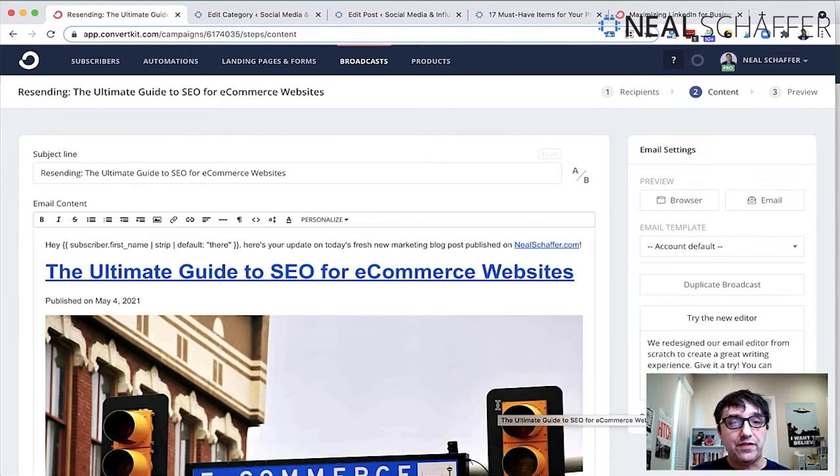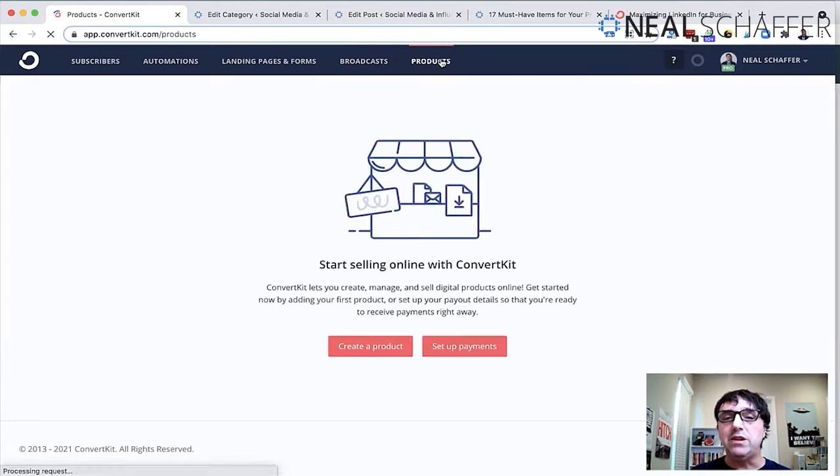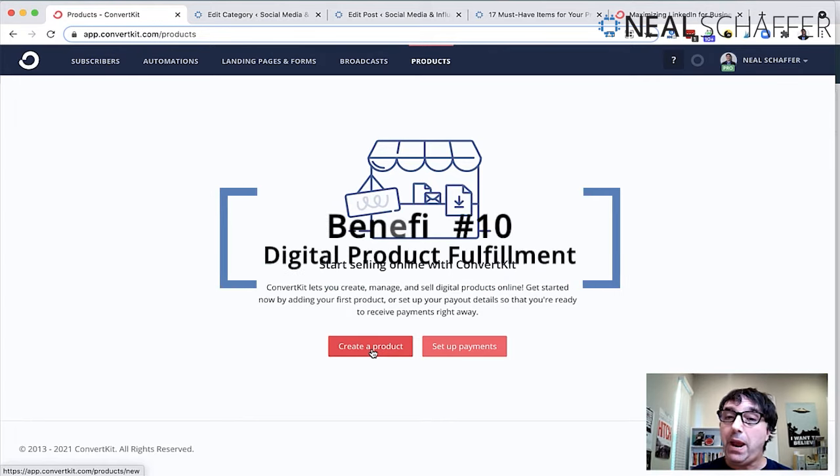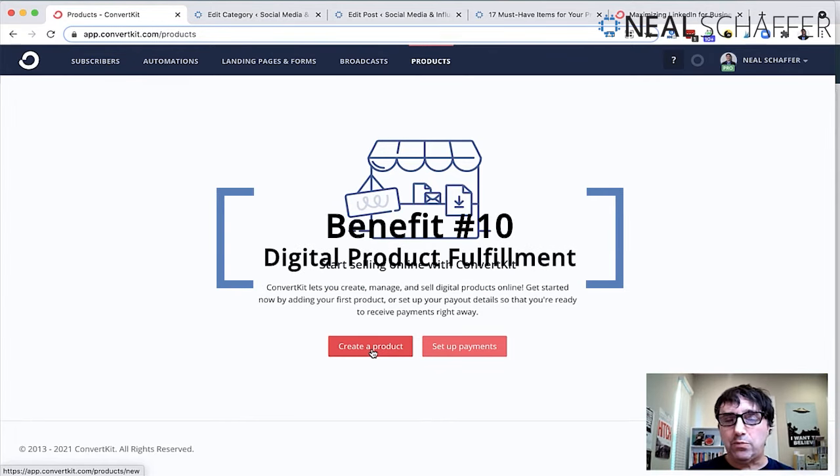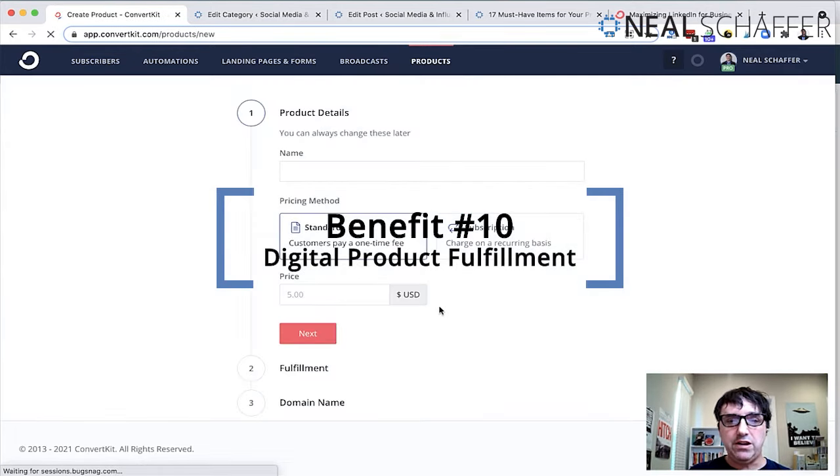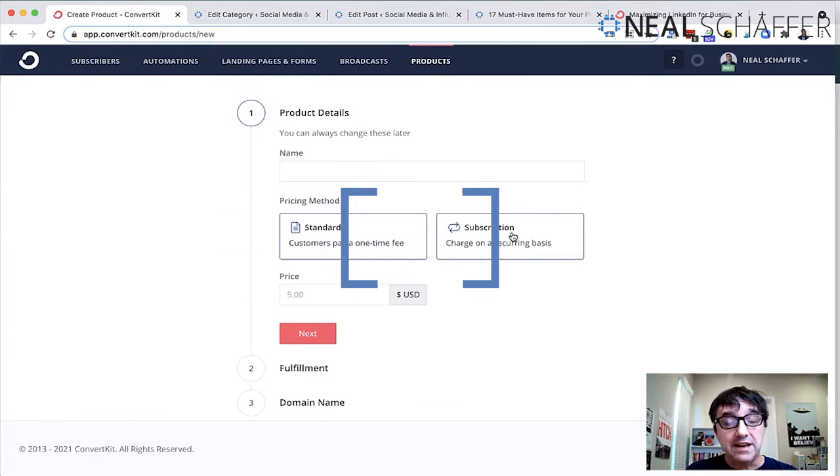Another really, really cool thing before I move on to what it looks like inside WordPress, because if you are on WordPress, there are some distinct advantages of using ConvertKit, is this notion of products. This is something really, really new that ConvertKit has added, but you have the ability to create a product. ConvertKit is really pushing people to create paid newsletters, but any digital product is really, really easy to create here. You can do a recurring basis, so you could use this for a membership community. I decided not to use it for my digital first membership community for a few different reasons, but hey, you can create the product, and the billing is all handled by ConvertKit.